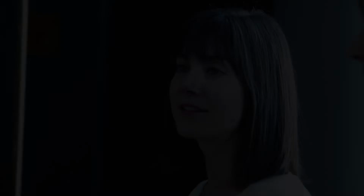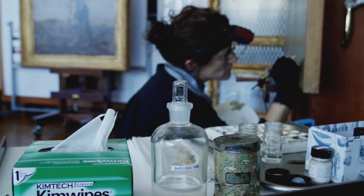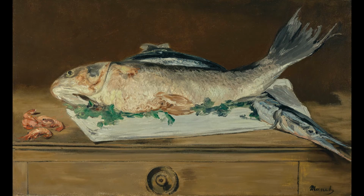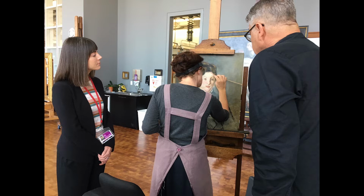I'm Emily Talbot, and I am the Chief Curator of the Norton Simon Museum. In 2018 through 2019, we had the pleasure of collaborating with the Department of Paintings Conservation at the J. Paul Getty Museum to clean and conserve the Simon's 3 paintings by Édouard Manet, part of a long-standing conservation agreement between our 2 institutions. To learn more about the experience of working on these paintings, I called Devi Ormond, Associate